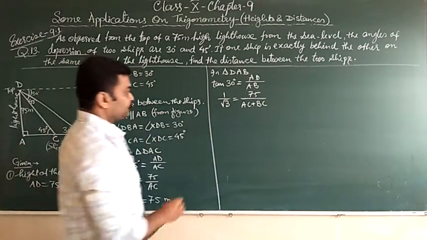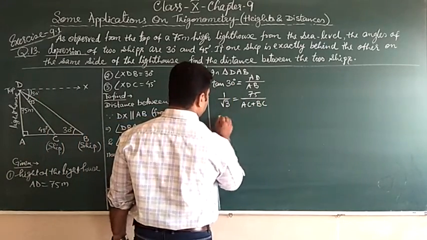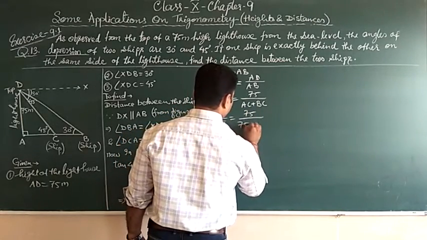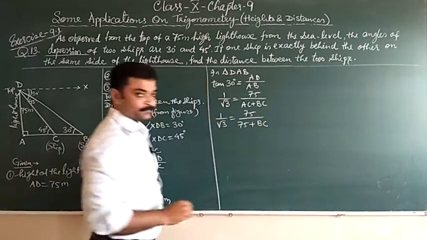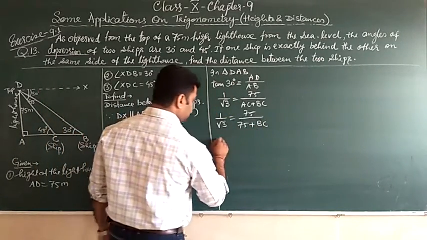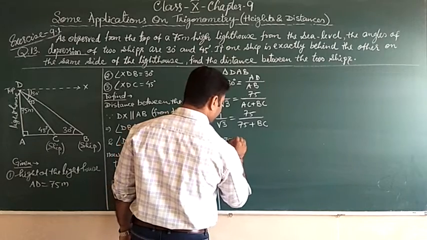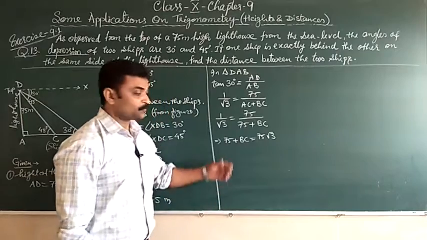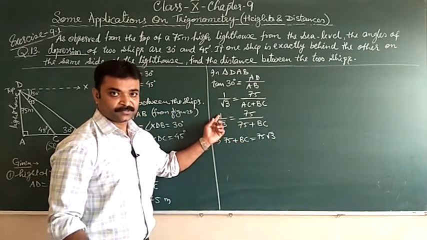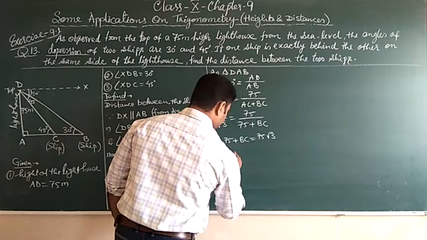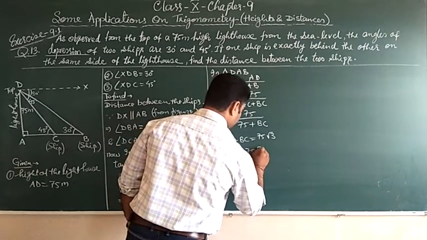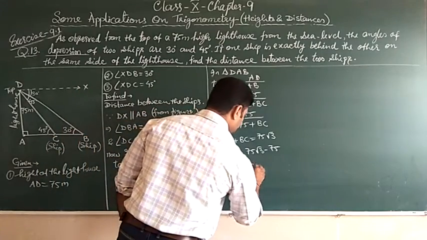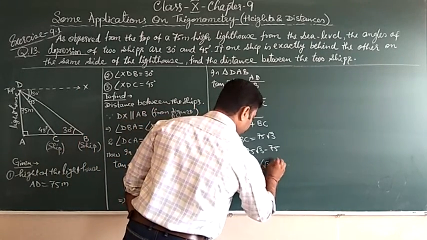So we can write 1 upon root 3 is equal to 75 upon 75 plus BC. Clear? This implies 75 plus BC is equal to 75 root 3 by cross multiplication. Clear? This implies BC is equal to 75 root 3 minus 75, or taking 75 common, 75 times root 3 minus 1 inside the bracket